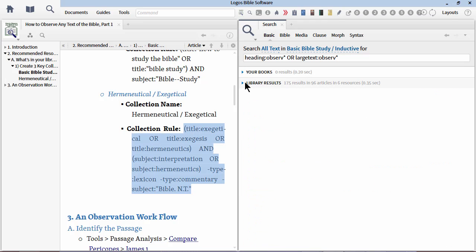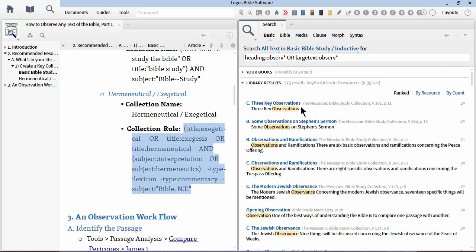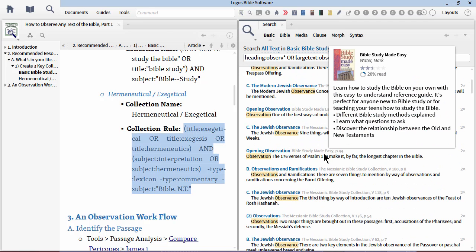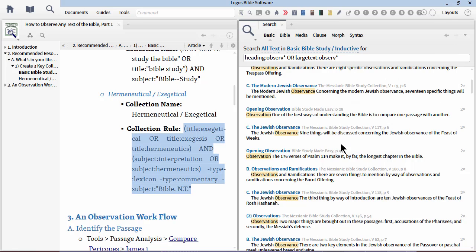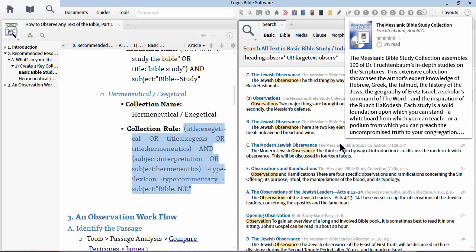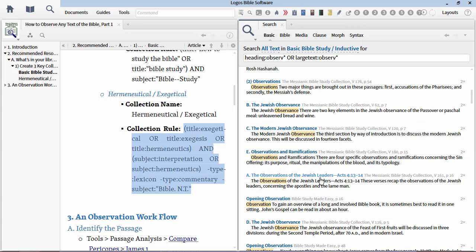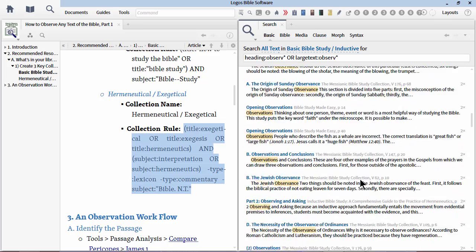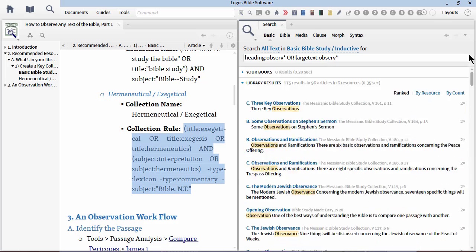Now, what you're going to get back for some search results are insights from various chapters talking about observation. So this is a wonderful way to take existing resources, some that you may have never read, and to focus in on the observation process. Now, some of these are literally observations for a particular text. That's not going to be very helpful. But as we go through there, you can see that there's going to be some wonderful